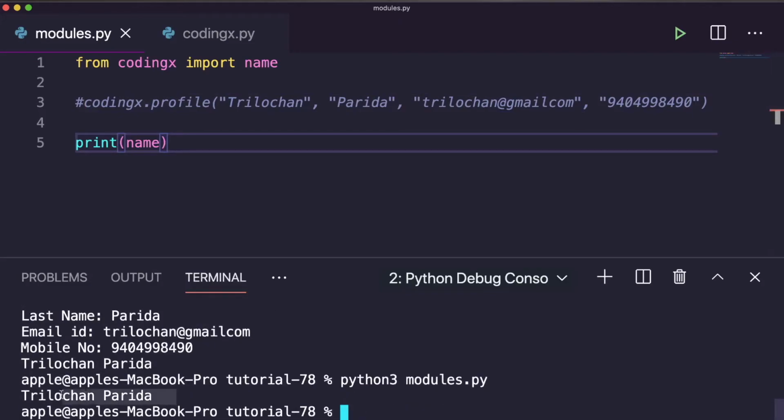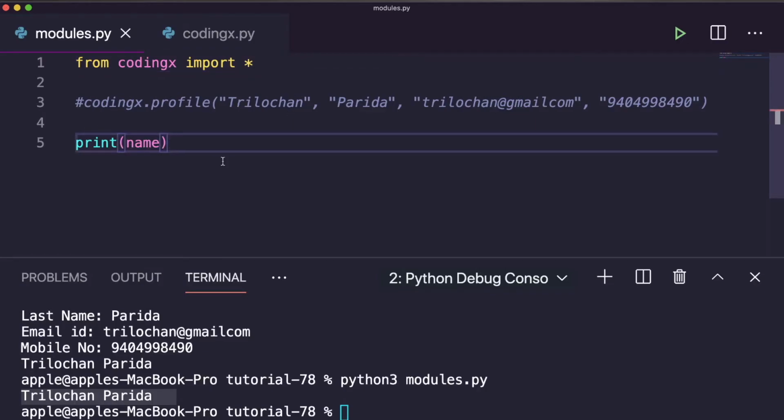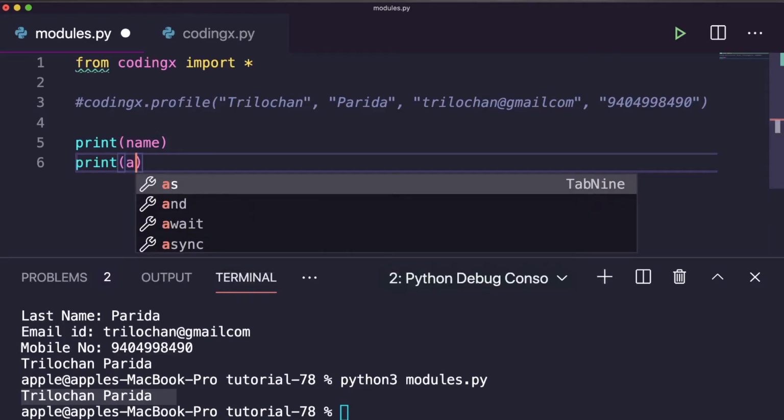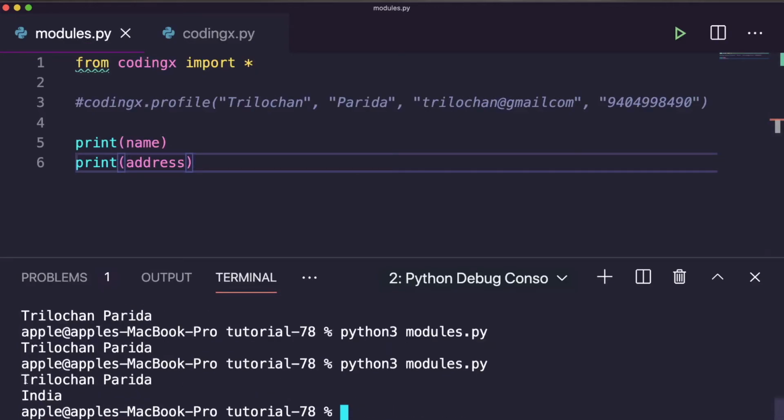Here it is, Trilochan Parida. Okay, so it means you don't need a dot operator now. So similarly, if you want to import all the attributes, you can put star, import star. Okay, so here we have two attributes, name and address. So let's print this one. Let's execute and see the result. So here it is, Trilochan Parida and address is India. So similarly, you can import all the attributes, right?